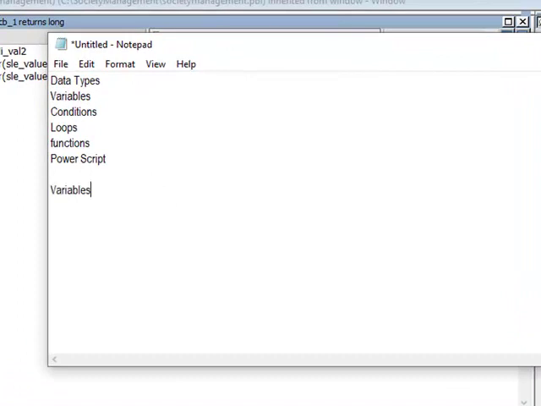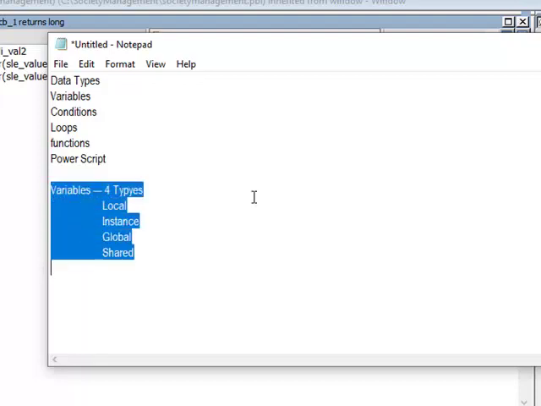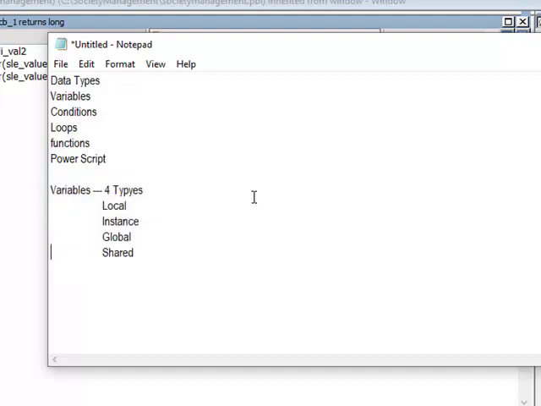In Power Builder, there are four types of variables: local, instance, global, and shared. So if anybody asks how many types of variables you have in Power Builder, we have four types of variable: local, instance, global, and shared.